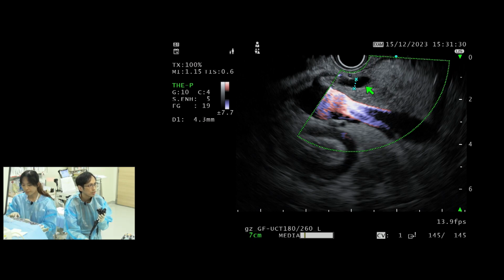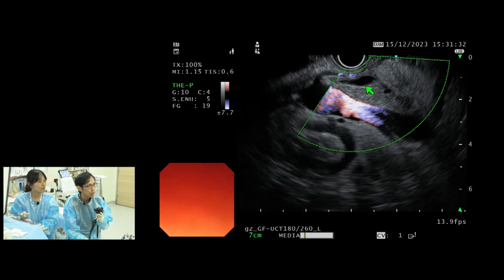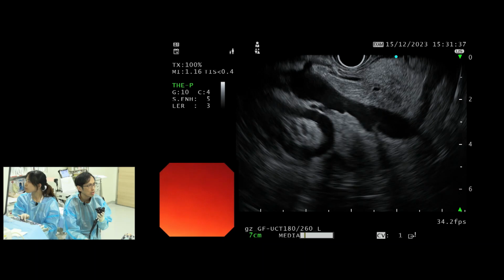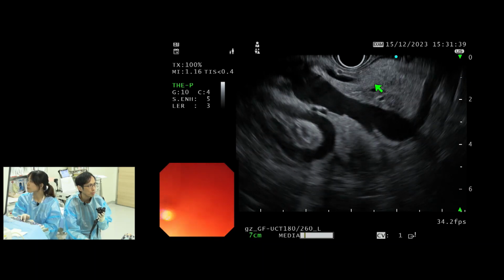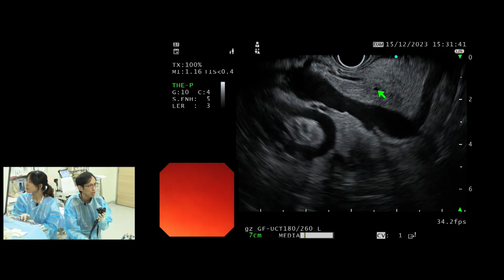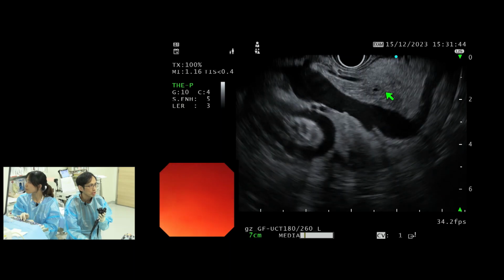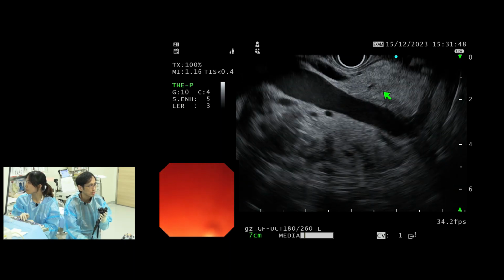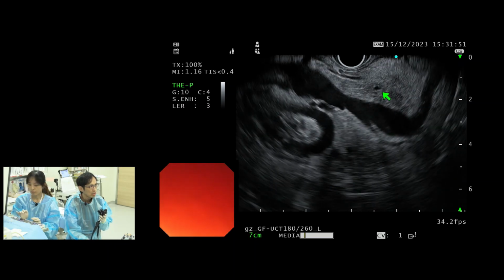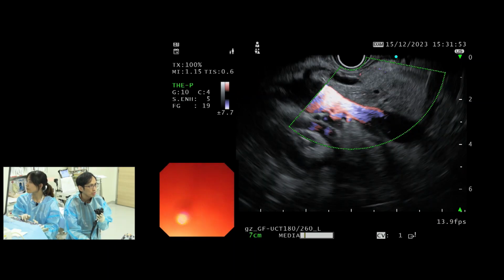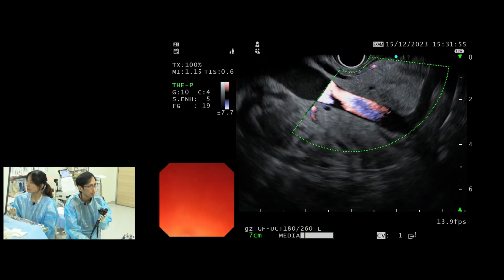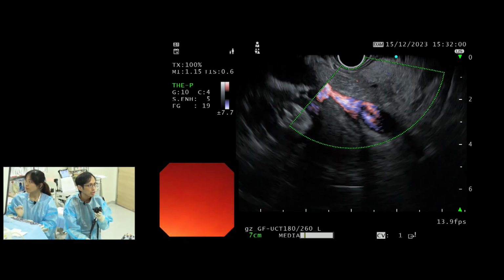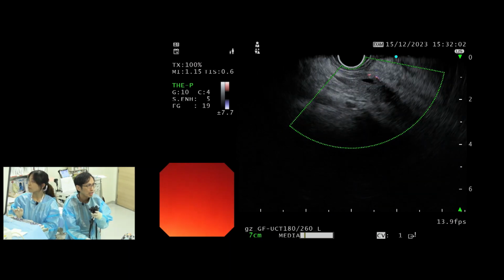Now if I turn to the right a little bit, can you see that there is a small non-dilated PD? Where the green arrow is, this is the PD. I'm in the pancreatic head region, and what I'm seeing as a big vessel here is the portal vein. But the portal vein seems somewhat prominent and dilated, so maybe there's some degree of portal hypertension. If I turn the scope more,